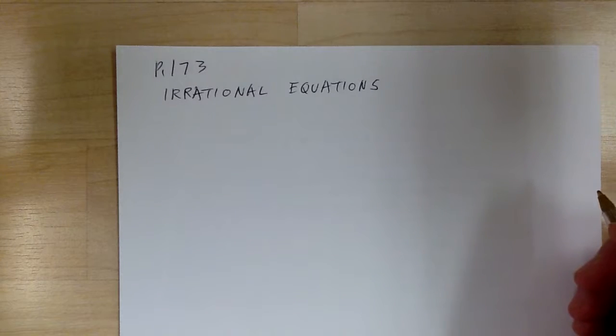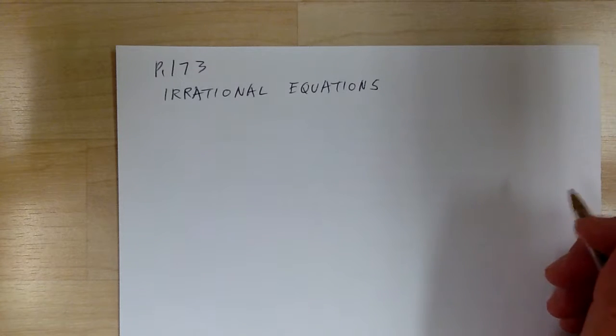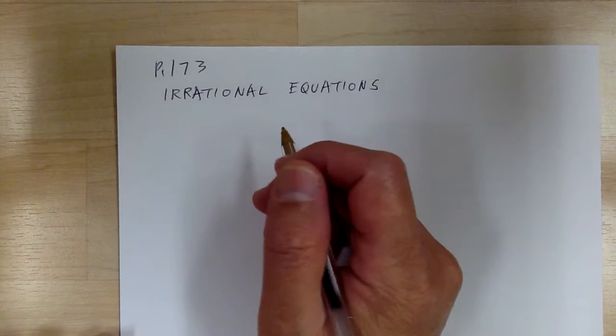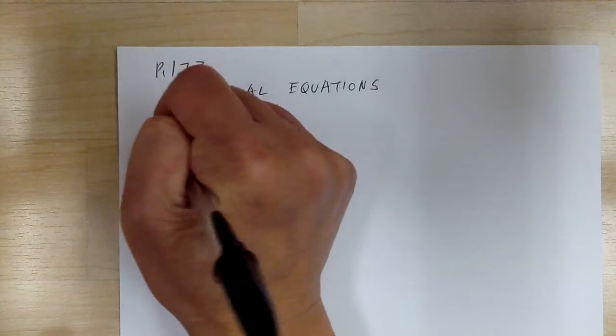Open your book to page 173. This lesson is on irrational fractions. Irrational fraction, the one we consider would be when you deal with the square root equations. So if you look at example 1 on page 174,